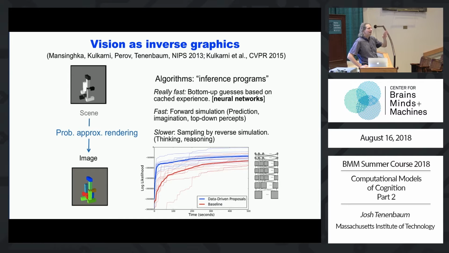So what that means, you can think of that as like a hypothesize and test idea, but with a biased local random walk in the space of hypotheses, where you make some guess. Initially, it's probably very wrong. Doesn't look much like the image at all, and then you tweak it in some ways. You make a local proposal, like maybe you move this block here or there, you change the shape a little bit, and then you see if that's better, you're more likely to accept the proposal, otherwise you are more likely to reject it. And the key is that you make a bunch of these proposals, and you're more likely to accept the ones that are better than worse, and if you're willing to wait long enough, after hopefully not too much time, the Markov chain of those proposals will converge to a sample from the posterior.